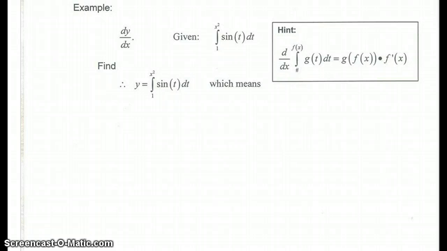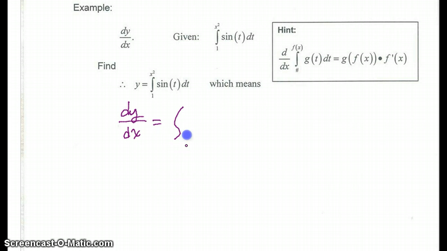find dy/dx given the integral from 1 to x squared of sine of t dt. Don't forget our hint that the derivative of the integral will give us the composition of the functions times the derivative of our f of x. So, therefore, we're looking at y equal to the integral of sine of t dt, which means we can now say that dy/dx